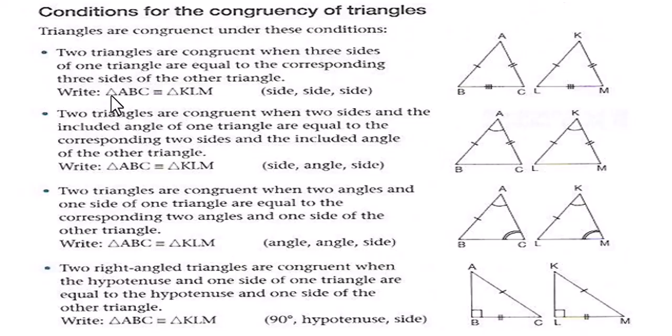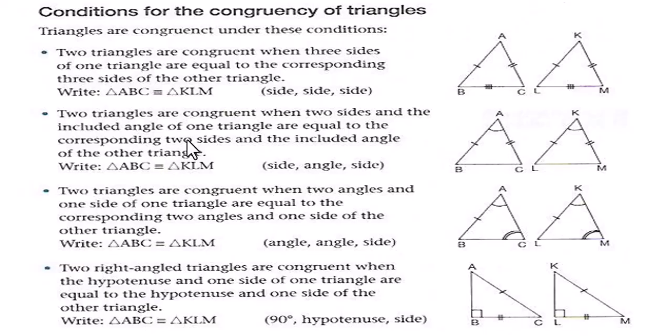So therefore, angle ABC and angle KLM are equal. The sides are equal. Then the second condition is that two triangles are congruent when two sides and the included angle of one triangle are